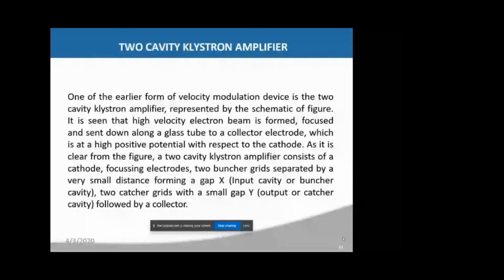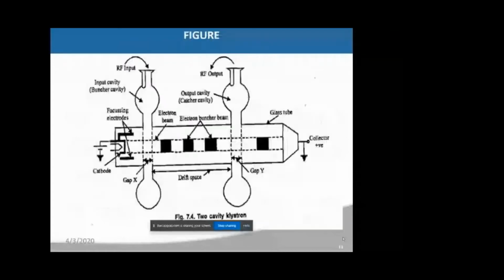Cavity means a closed box, we can say. Closed cavity means one side anode, one side cathode. This creates a current modulation, because by means of which there is a change in current. Now we will see the structure of this. I request all of you to see the notes for this diagram if you have them with you, or we can draw this diagram right now. It's better for you. Just keep the pen and copy along with you.